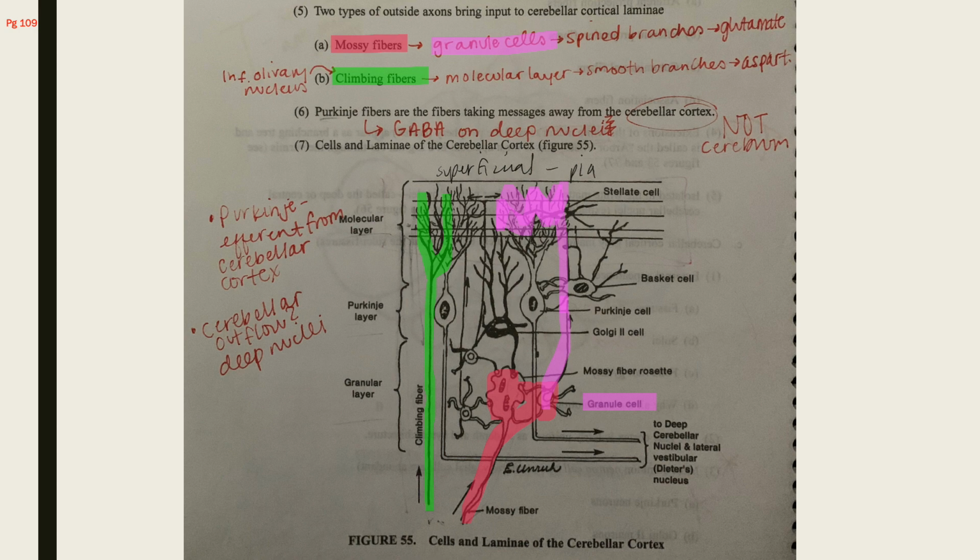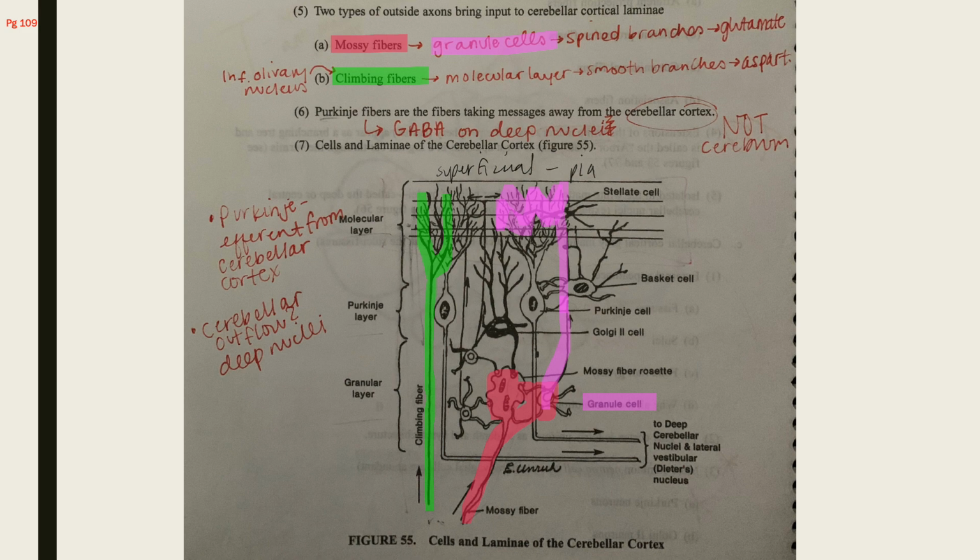Since the mossy fibers to the granule cells don't have a smooth ride, they're still excitatory, but they're not going to be super excitatory. So they're going to release glutamate rather than aspartate. If you can remember that, that was a super easy way for me to remember the pathway of both of these and what they're releasing. One thing I didn't write: mossy fibers are also going to release glutamate on the granule cells. So with the pathway that I have in the pinks on the right, it's glutamate being released at both